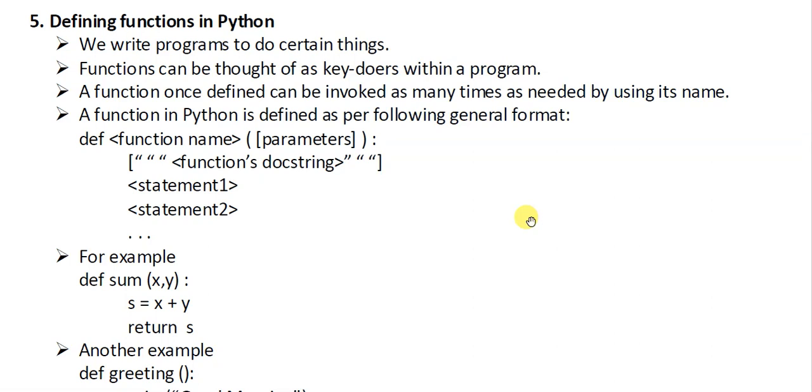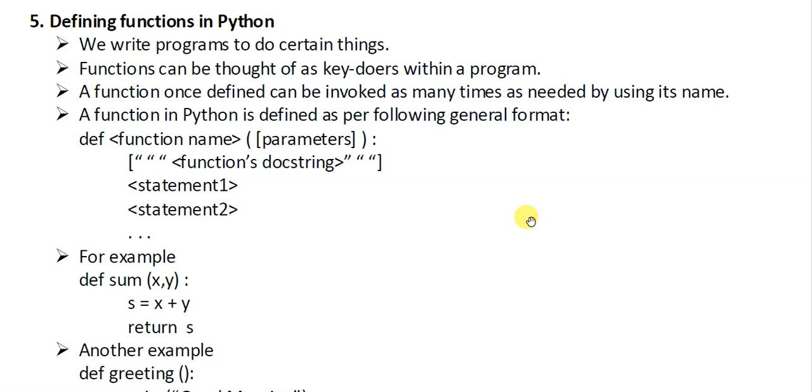Why do we require function? We require function to do a particular thing, and we write a program for this. You can write a program for adding two integers. You have written programs to check a number for palindrome, to get the factorial of a number, x to the power n, and so on.